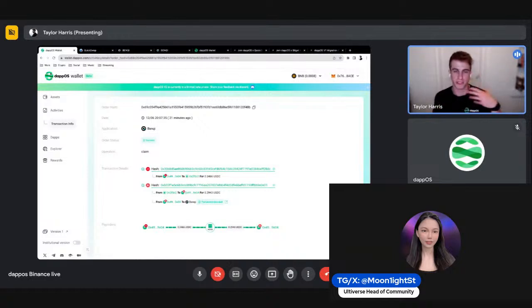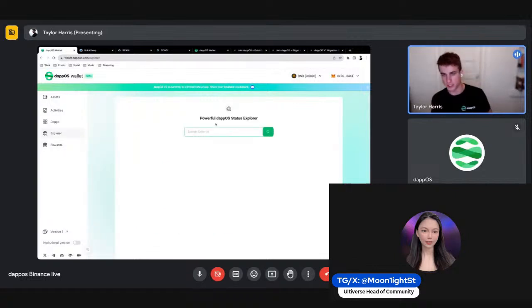So just to stay on top of exactly what's happening, because you never know. We want to make everything safe. We want to make everything very clear and concise for our users. As well as that is the Explore function. The Explore function is kind of fun. I'll show an example.